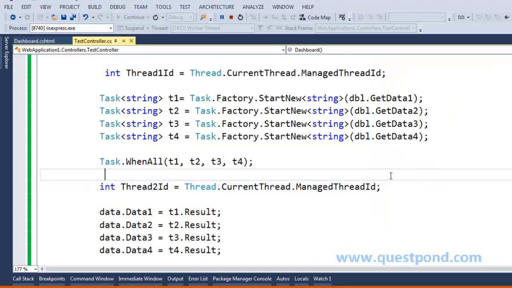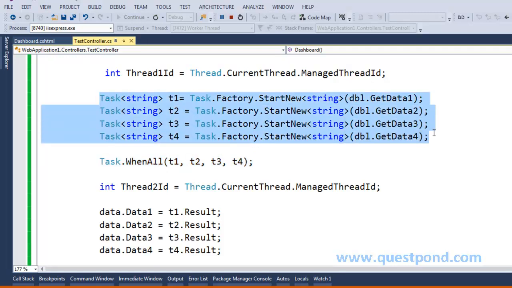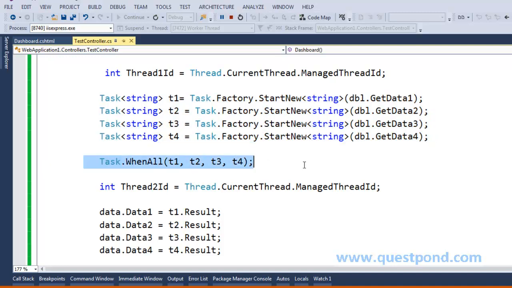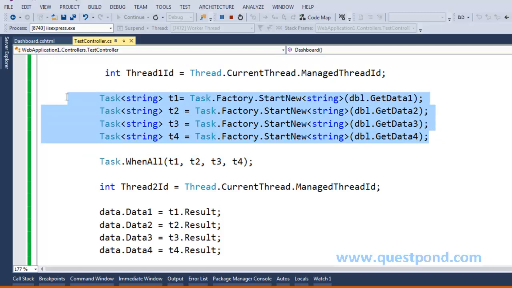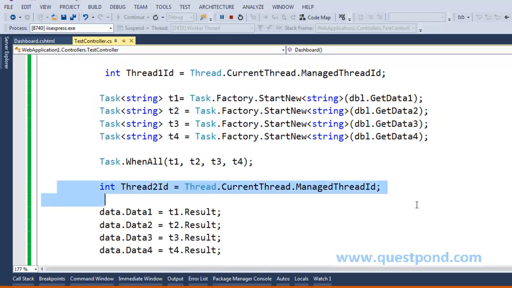Now in the earlier example which we did, as soon as our main thread reaches this line, it will get into wait mode and it will continue its execution only after its 4 child threads complete their execution. Now as a solution to thread starvation, what we should do is, as soon as the main thread reaches this line, we should release it so that it can be used for serving some other request. And when all 4 child threads complete their execution, a new thread from the available thread pool gets allocated to serve the same request again, and it will continue its execution from this line automatically. If we can do this somehow, it will solve the problem of thread starvation automatically.